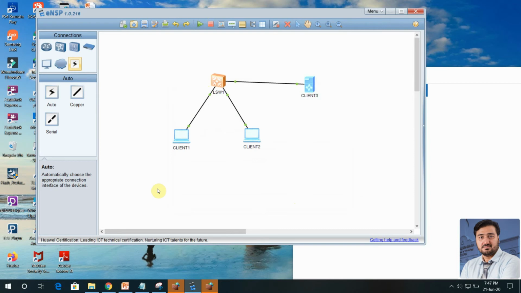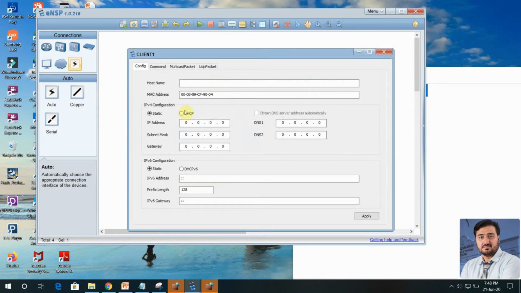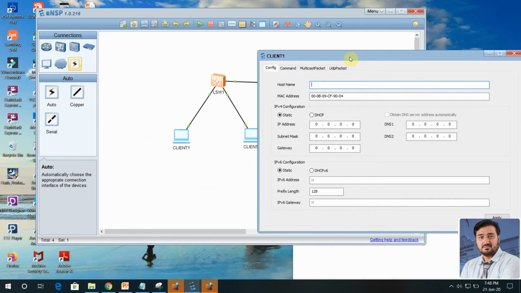After that, we are going to assign the IP addresses, so we can easily see whether communication is possible among the client PCs. Right click, go to the settings and assign the host name PC1, no issue.